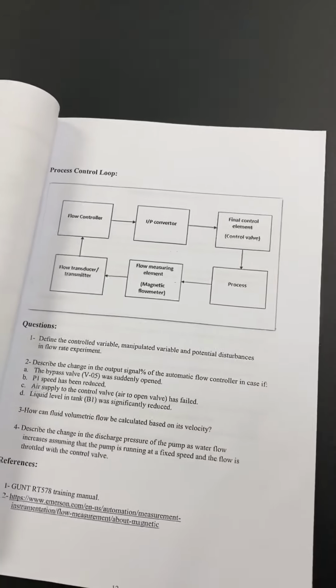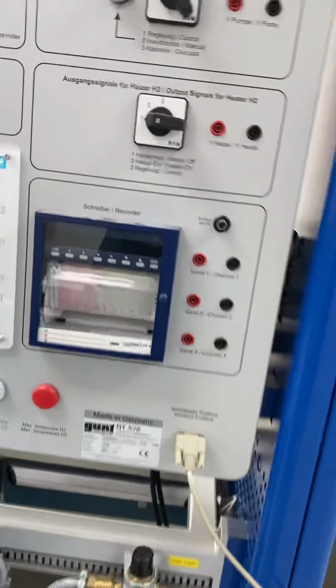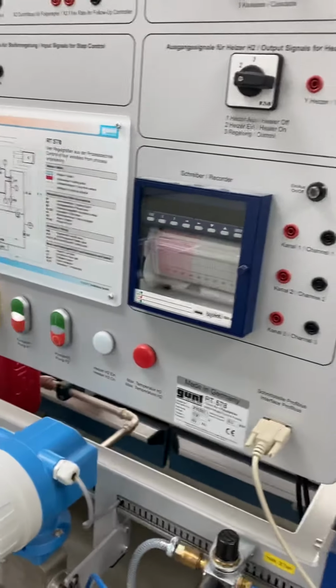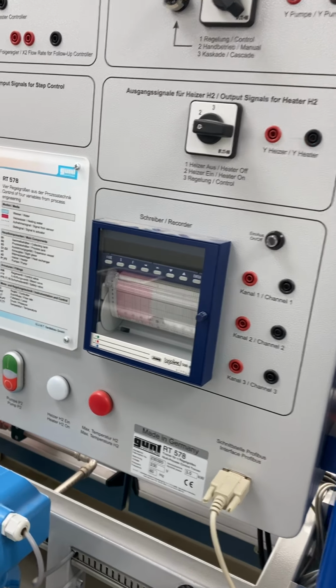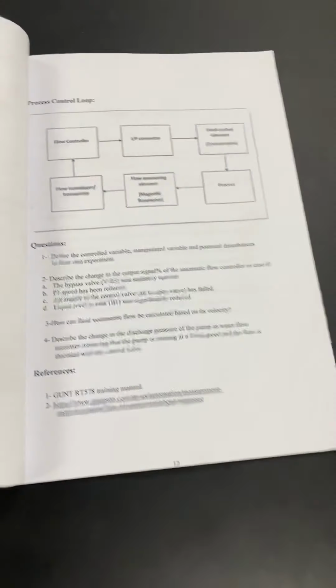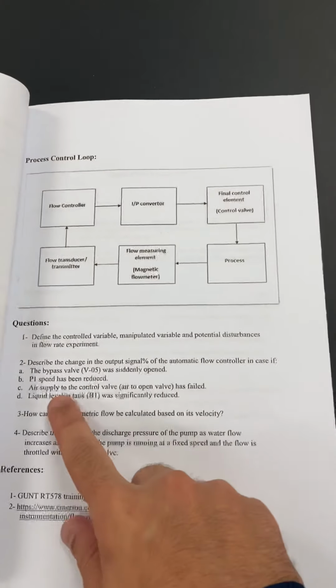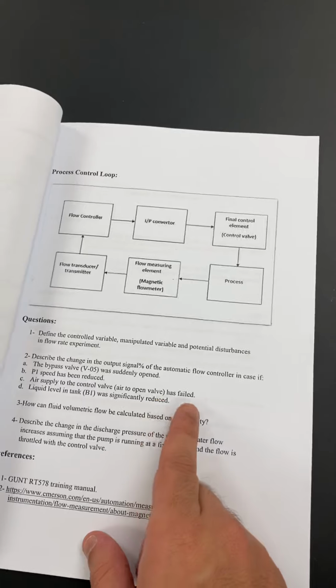If you have a variable speed pump in the process, sometimes it might happen that due to any reason the speed of the pump might be manipulated. Okay, so one of the scenarios is that pump speed has been reduced. The third scenario is that air supply to the control valve, which is an air to open valve, has failed,